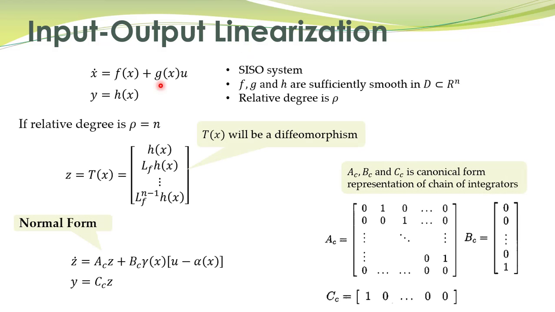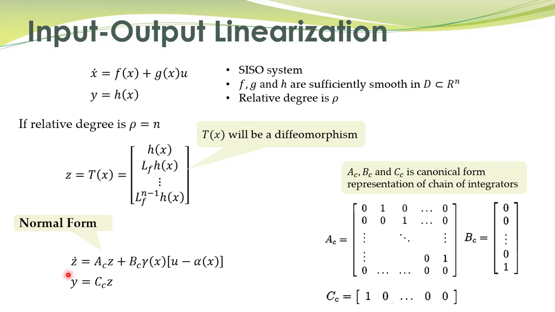We learned that there are two important problems of exact linearization, that is full state linearization and input output linearization. We have already talked about full state linearization, the case when relative degree is equal to n, that is particularly important, and we see that if we have this nonlinear system with relative degree equal to n, then for the purpose of full state linearization we had defined this state transformation diffeomorphism, which converted this nonlinear system into